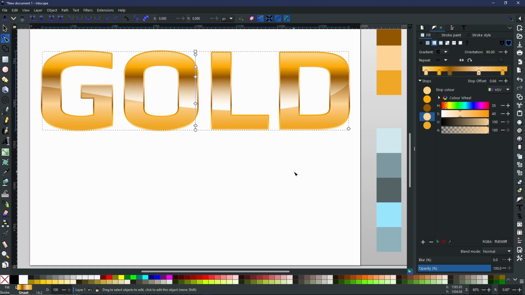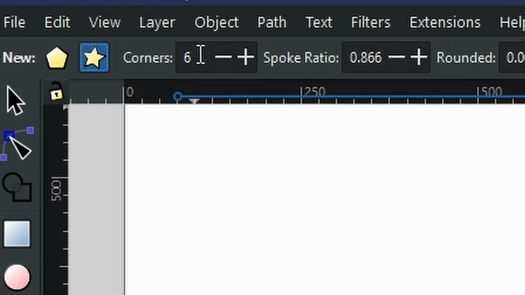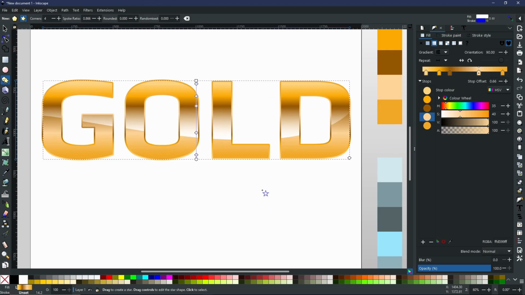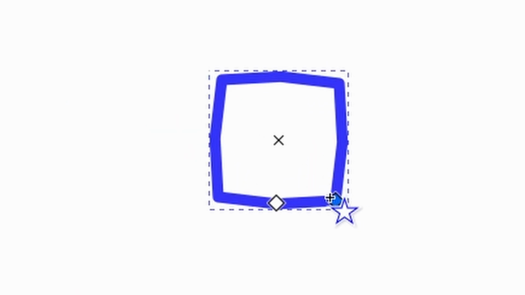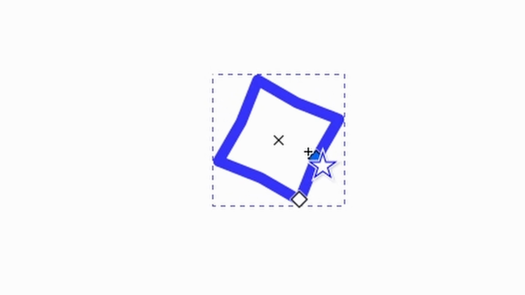And finally, what I want to do next is to add a little bit of a shine. Now what I mean by this is by going to our polygons tool, which can be found right here on the left hand toolbar. I'm going to go to my star polygon, and where it says corners, I'm going to reduce that to 4. And then I'm going to create a star. Now as you can see, mine was more of a square than a star, but I'm just going to take this middle node here, bring that in,